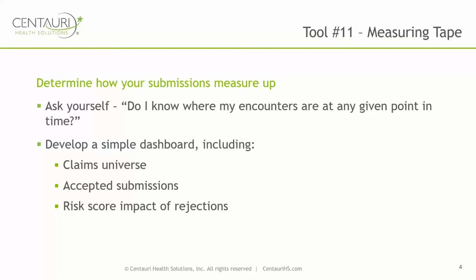As mentioned on a previous installment of the series, the quarterly and annual reporting that CMS provides should be the foundation of your internal metrics and input into your dashboard. At the very least, you should be able to show that for every eligible adjudicated claim from a provider, which we call the claims universe, there is an accepted EDPS submission, which we call the EDPS universe, and when appropriate based on provider type, a corresponding RAPS submission. When there are gaps, there should be root cause analysis and an action plan to address them. Also included should be the risk score impact of data that is rejected by CMS, because this information will drive the prioritization of error correction activities.